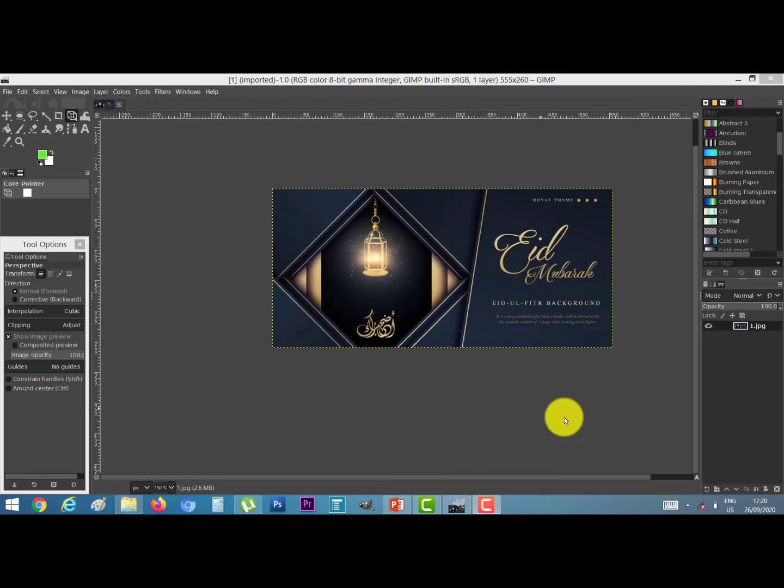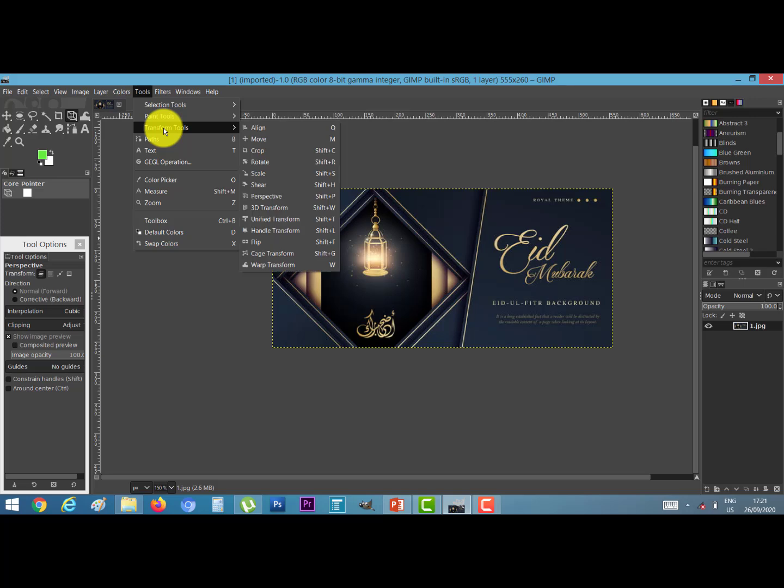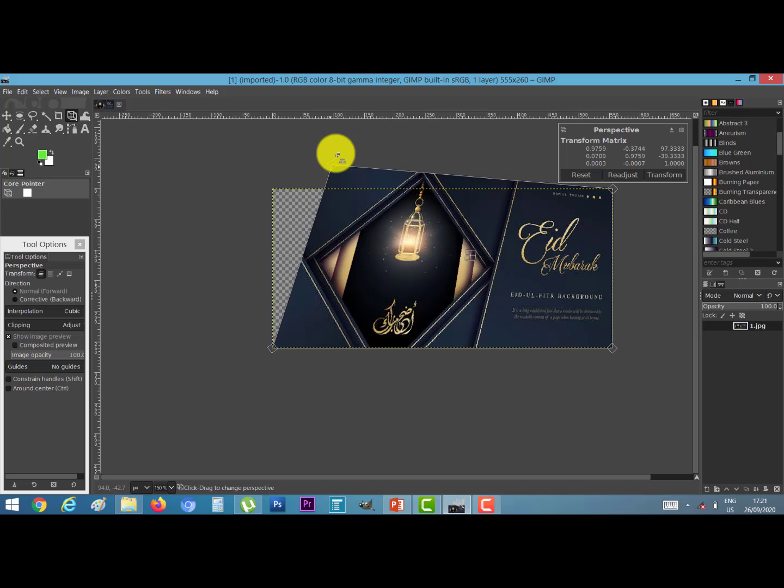First of all, open your GIMP software. Now open any image. Then go to tool option, transform tools, and go to perspective. Click on this. Now click on this point and drag the mouse.